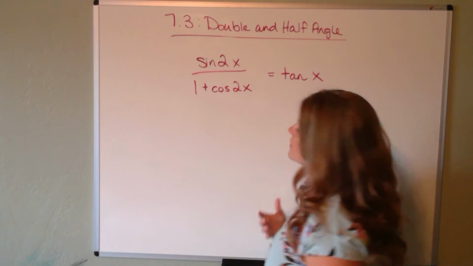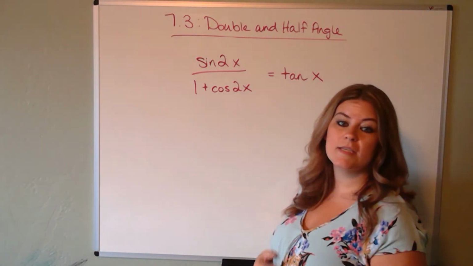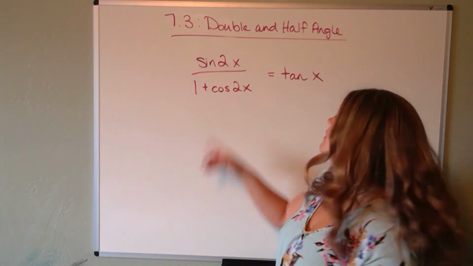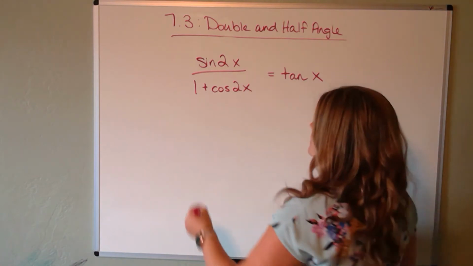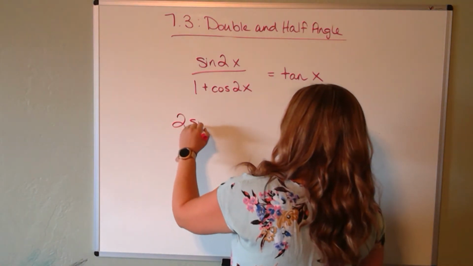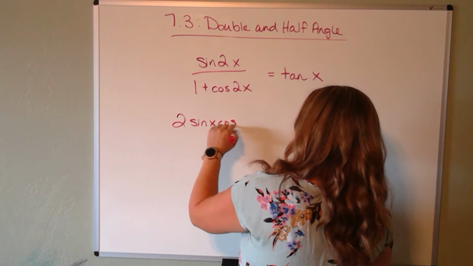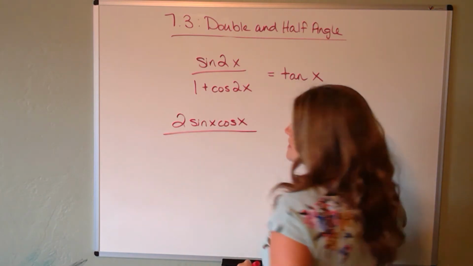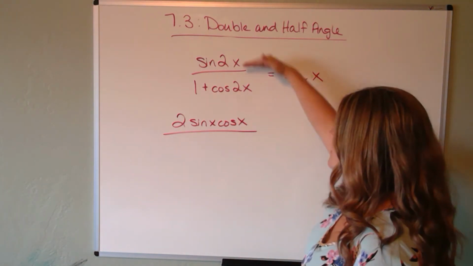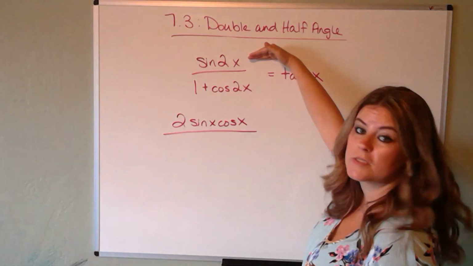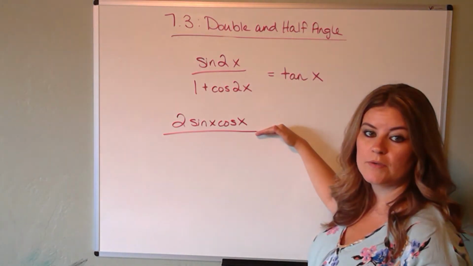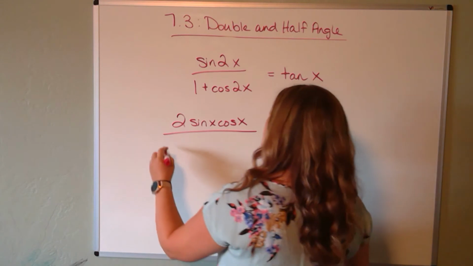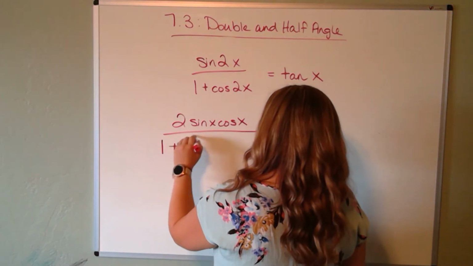So you guys, this one's very clear that we need double angle identities, and that's exactly where I would start. Sine 2x, how can I write that differently? I can write it as 2 sine x cosine x. So you guys, in the last identity, I had this and I went back to sine 2x. This time I'm starting with this and I'm going the other direction. 1 plus, now,